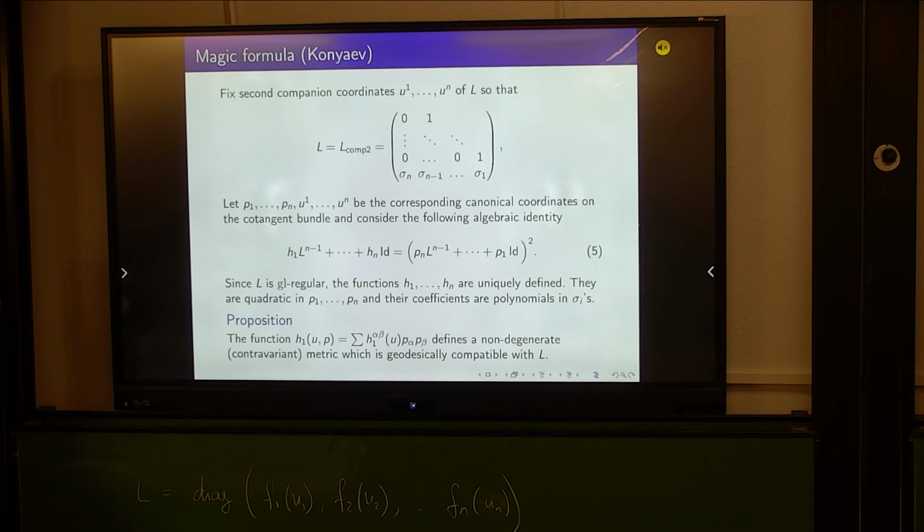So by the way, if you deal with the diagonal form of L, you get something similar, but a very complicated formula obtained long ago by